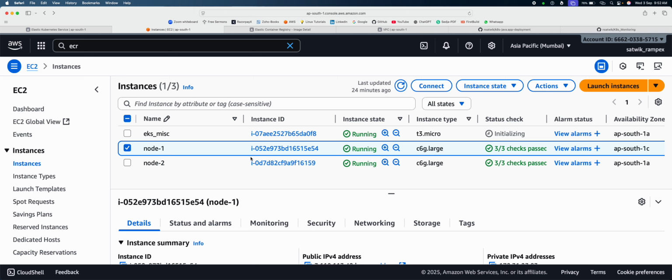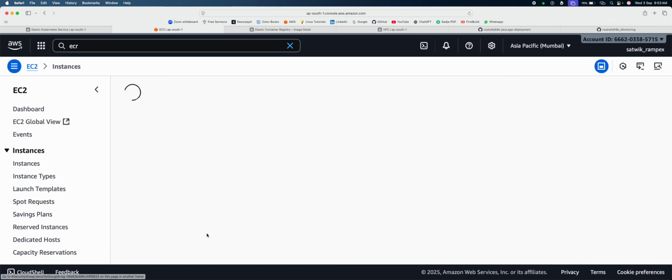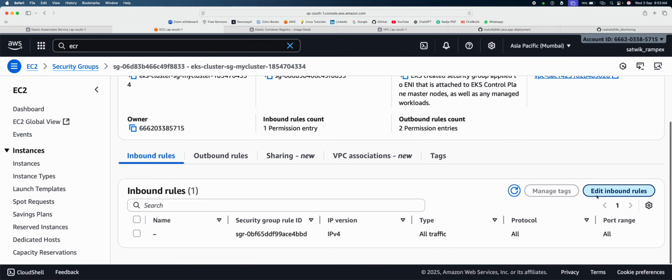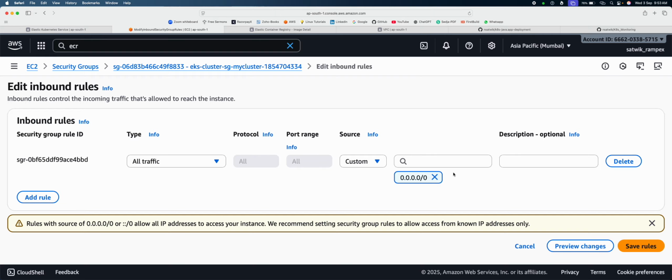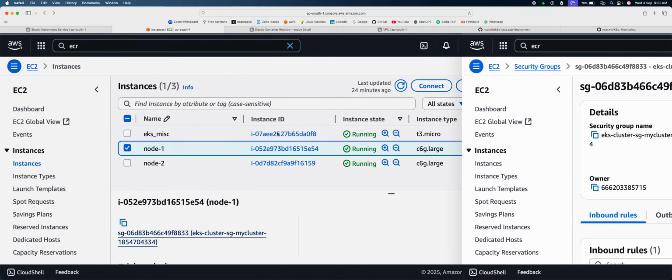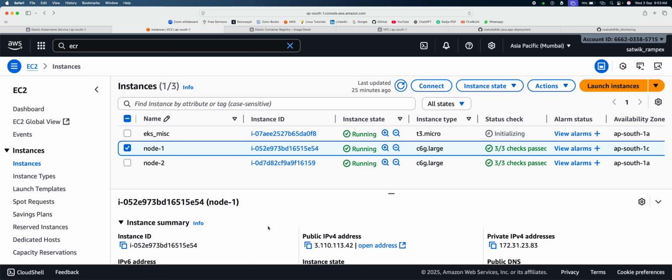How many node servers are there? It's not a problem. There may be multiple node servers, but the application will be deployed in all the node servers. In order to make your application available, go to security, go to security group, and let's see whether all traffic is enabled. I think all traffic is enabled now. So copy your public IP address,